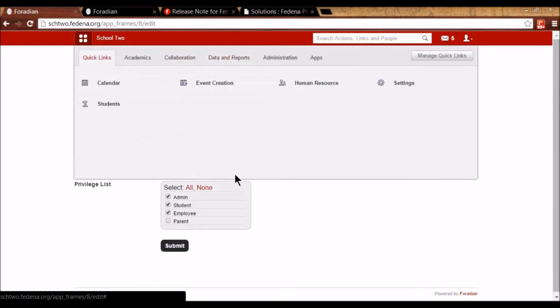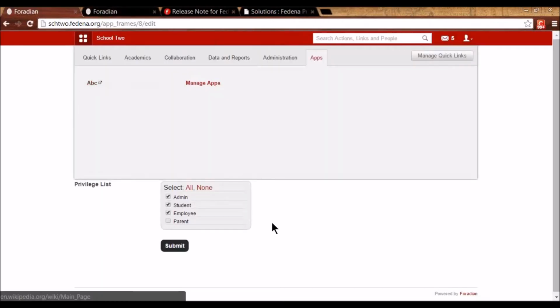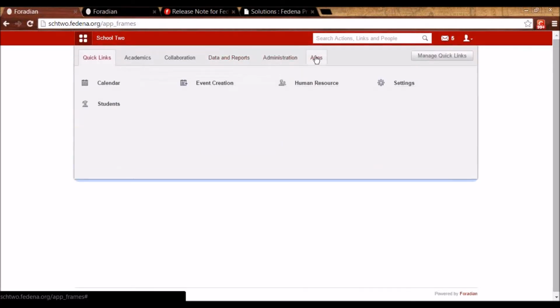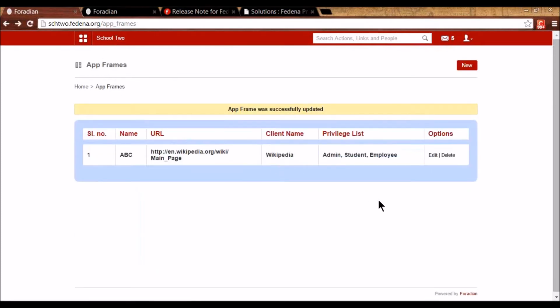So here, let me show you this. For this application that is already there, I have given an option to open in new tab. So you will see this icon here, which is open in a new tab, and it will be opening in the new tab. If you mark it open inside app, when you click on this application, it is going to load inside FEDINA itself. And generally this application will be the one that will be accessing FEDINA data and not a static application, although you can have both static and dynamic application here.